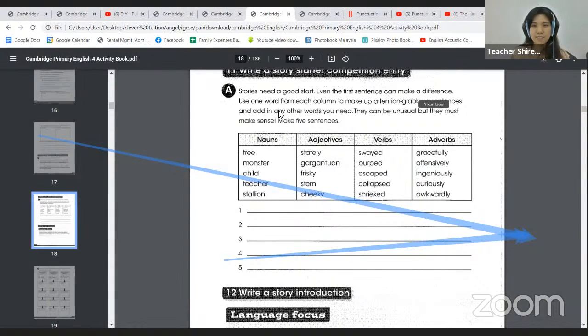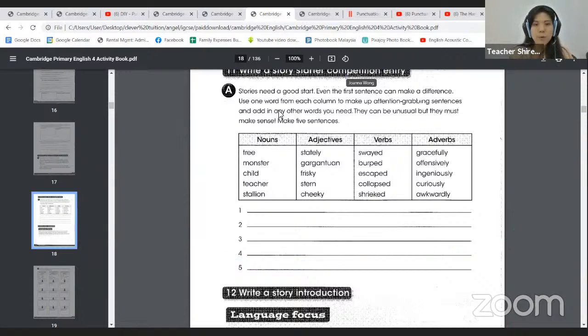Hello, Christina. Okay, so what we are trying to do is combine the nouns, adjectives, verbs, and adverbs all together in one sentence. For example, tree is tree. Stately is like the opening sentence or some symbols. Swayed is like swimming. Gracefully is very elegant. So you can say the stately tree